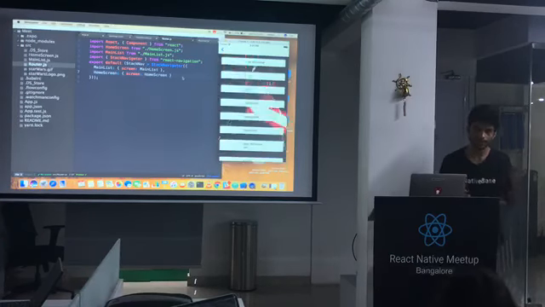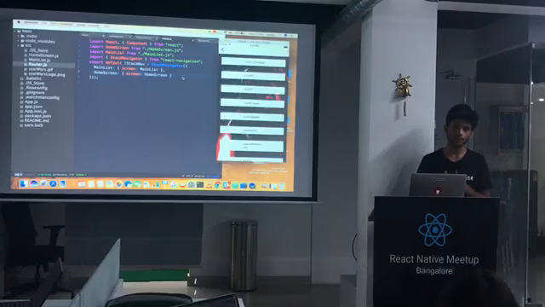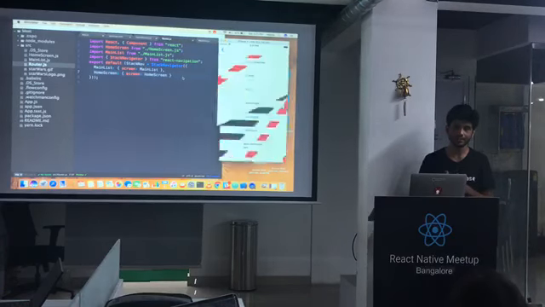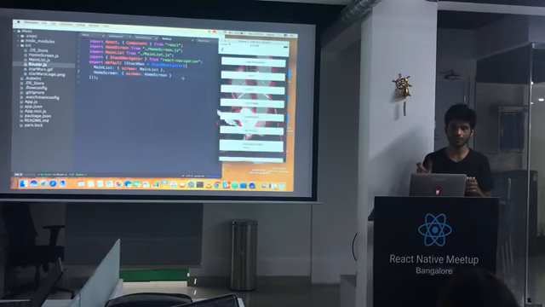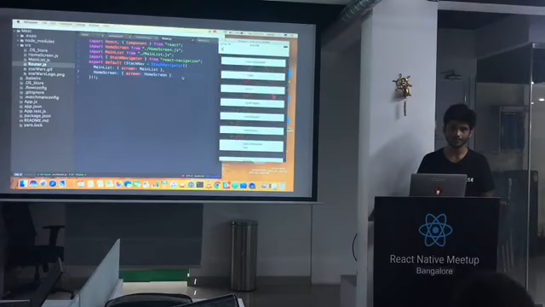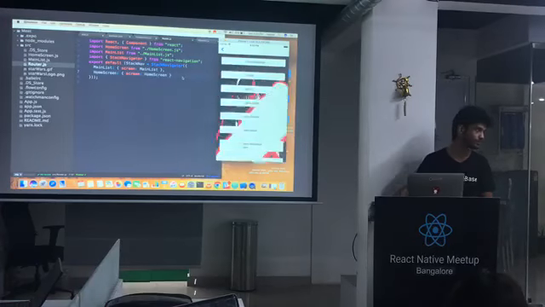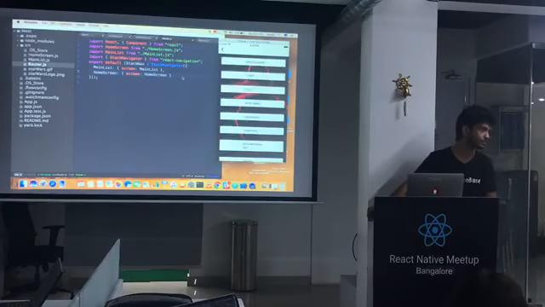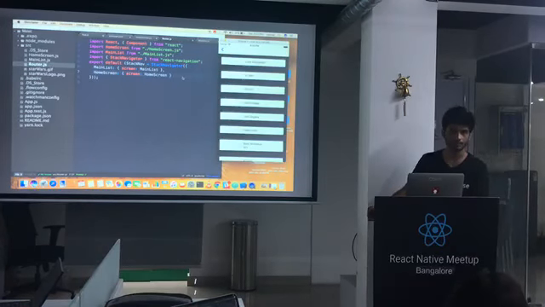Actually, that's what Sanket was mentioning, that there's a prop that comes along with it. Initial screen. So you pass the screen that you would like to show up initially, and that's the one that will show up. And also you can jump between the screens. Say if you go to the fourth screen in the stack, you can directly jump to the second one or first one. That's also possible.